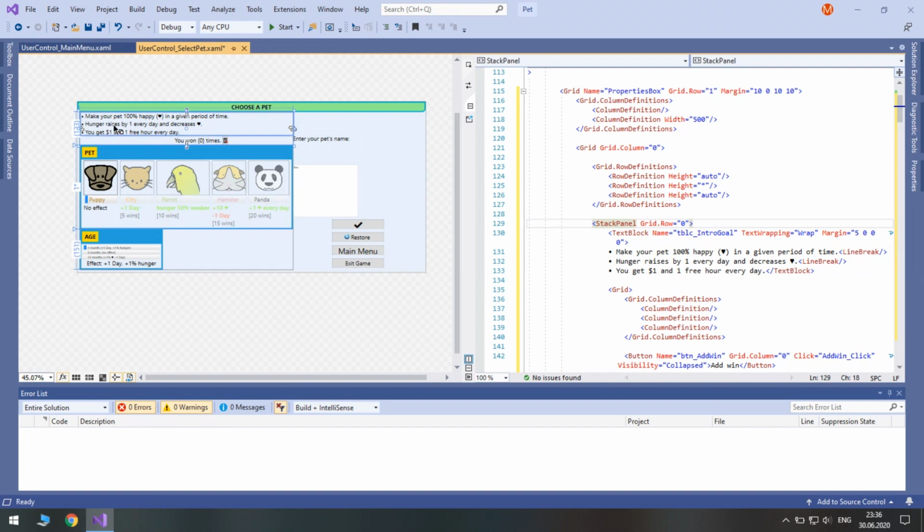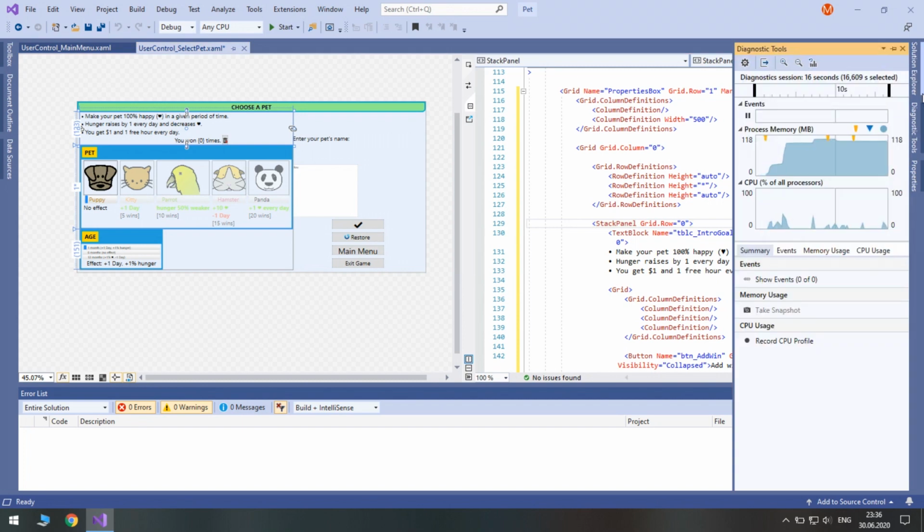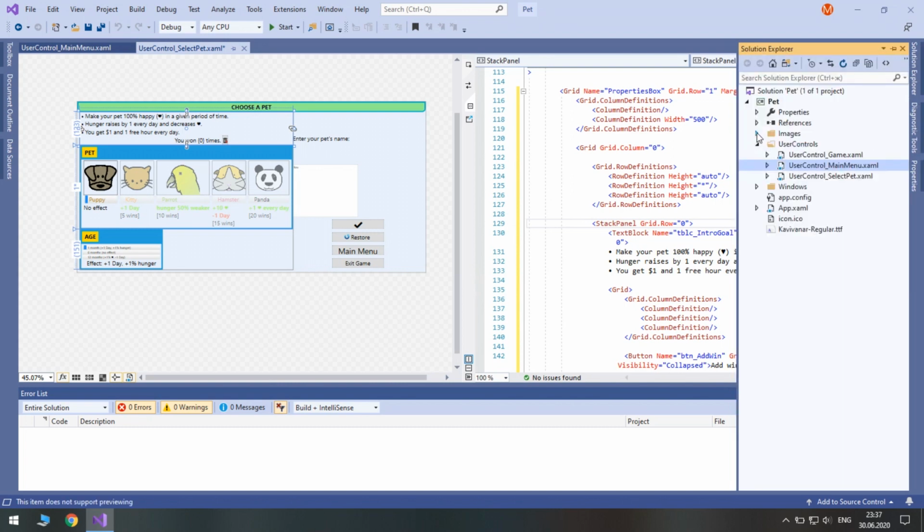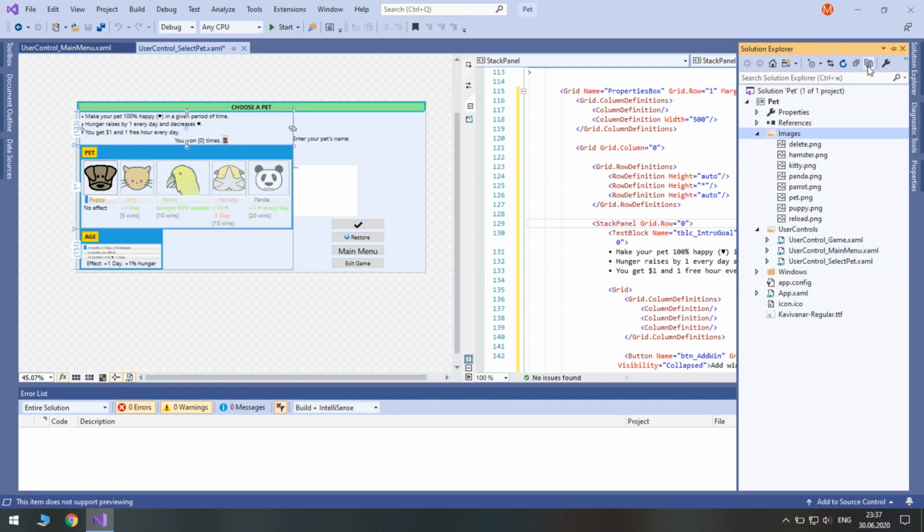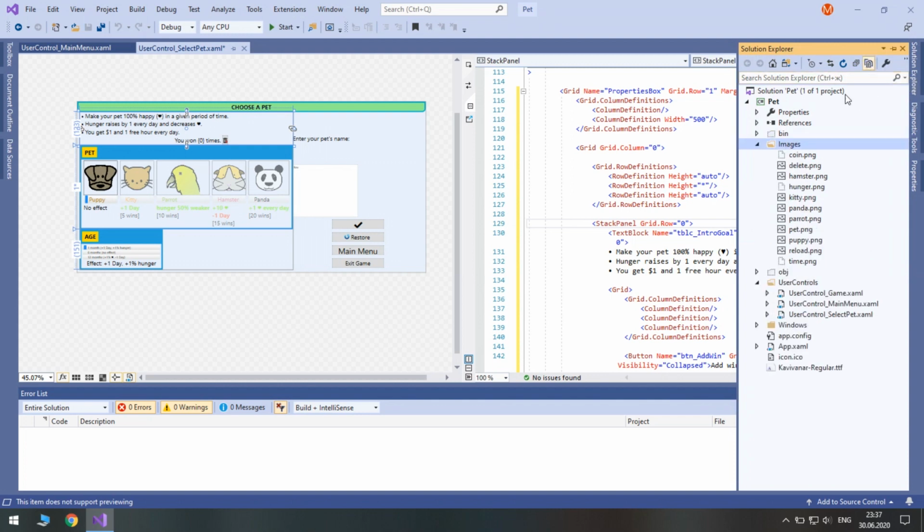We are going to add some icons inside of this text block. So in order to do it, as always, go to GitHub repository and download new images. I have them already in my folder: coin, hunger, and time.